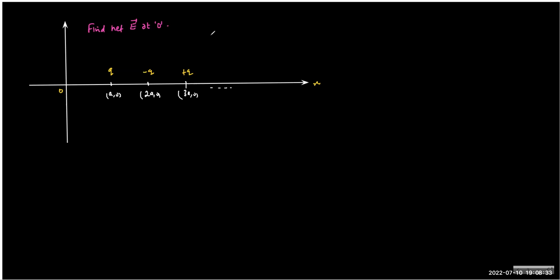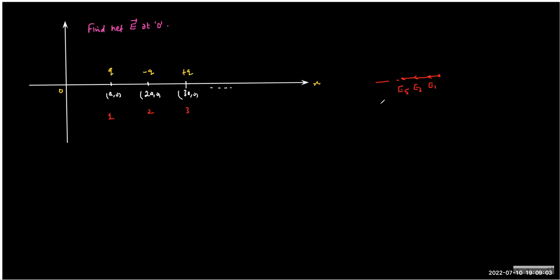Now, do we really need to do all such things? The answer is no, that's not required. So if I number the charges 1, 2, 3, and so on, and if I simply draw the O point, you can see that all the odd locations will have the field towards the left. So E1, E3, E5, and so on will be directed towards the left.